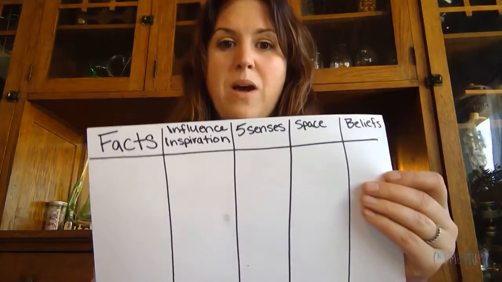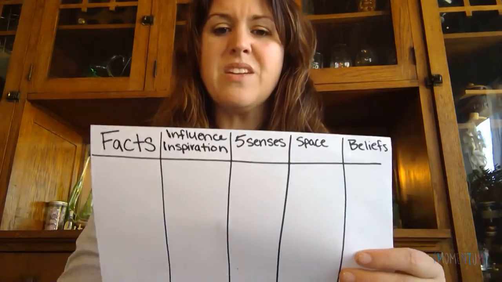So get a piece of paper and a pen or a pencil or whatever, and you'll want to make 5 columns on your paper, like this. This might be backwards, sorry. There's some of my lunch.